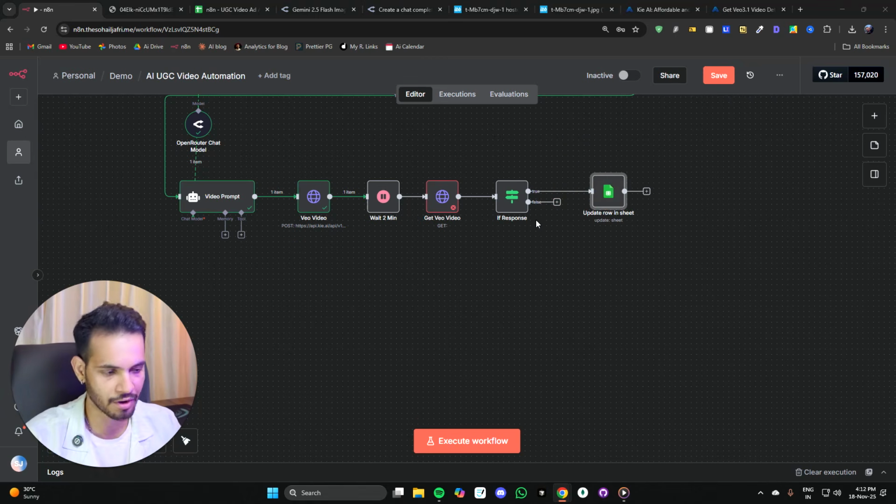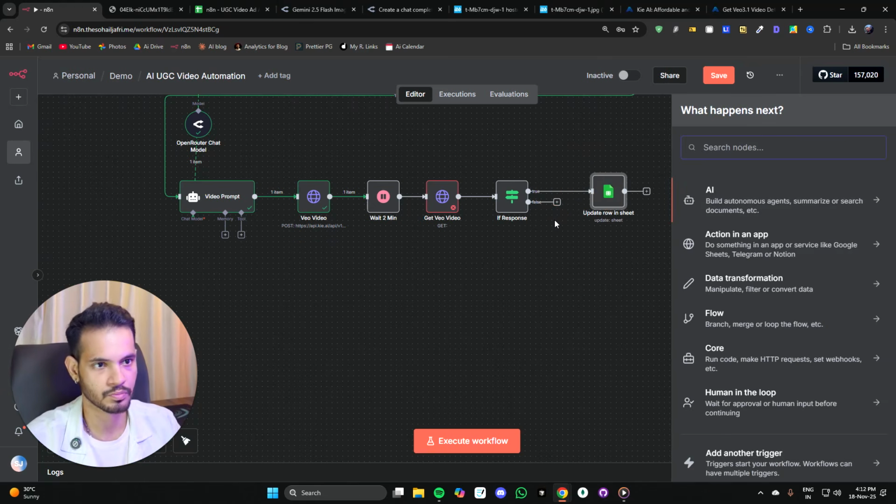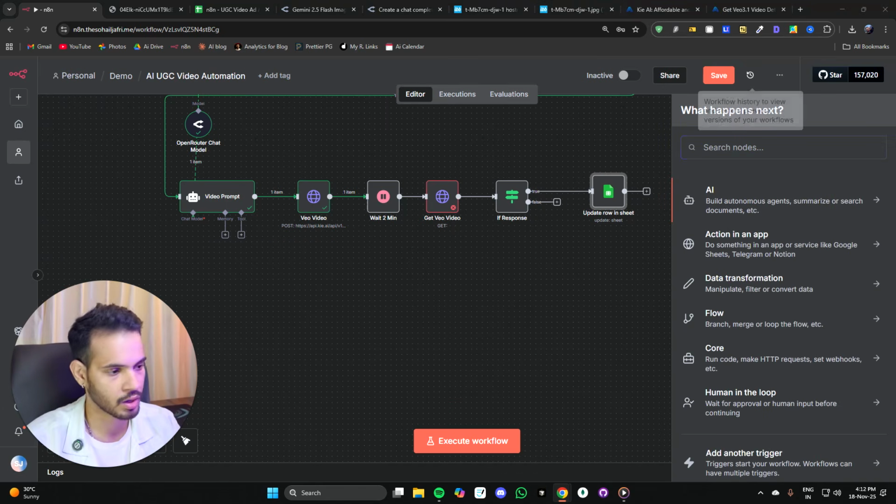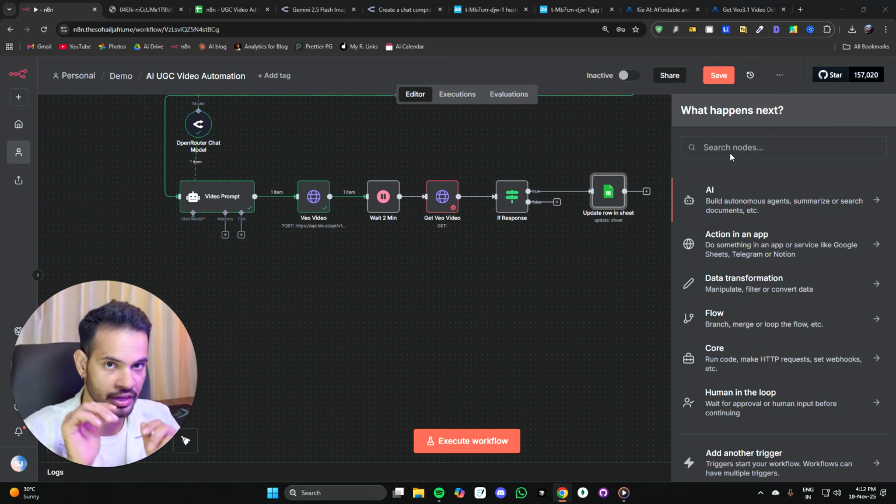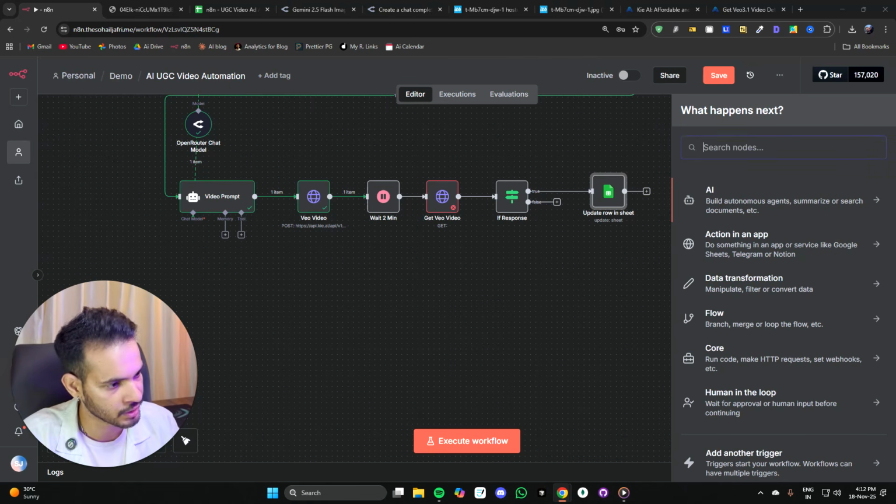Even after 2 minutes, we will make a check whether it's an error or not, because sometimes the Kie API does throw an error where, for example, your API credit has run out. So you will get a 400 error, anything above 400. So we need to check, because even if we get a response, it should be a positive response, not a negative response. So I will add another if condition,